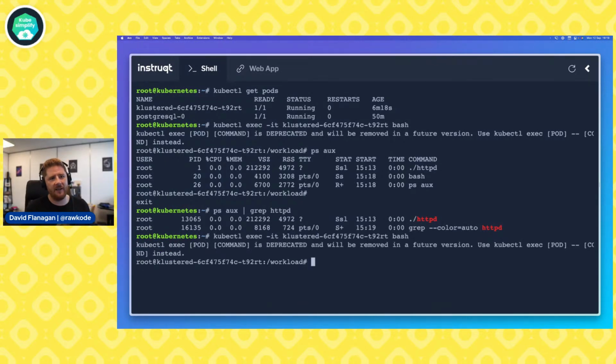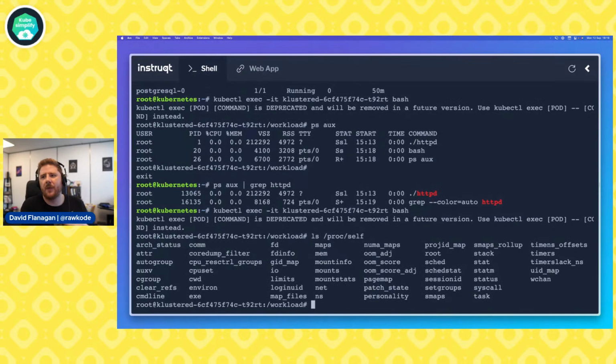However, when we're inside the container, we can actually do cat /proc/self. And in fact, let's do an ls on that first. Everything in Linux is a file, including the proc file system. There's a special link /proc/self, which will give you information about the process that is currently running. Well, that's not going to work with them in a shell, but oh well.